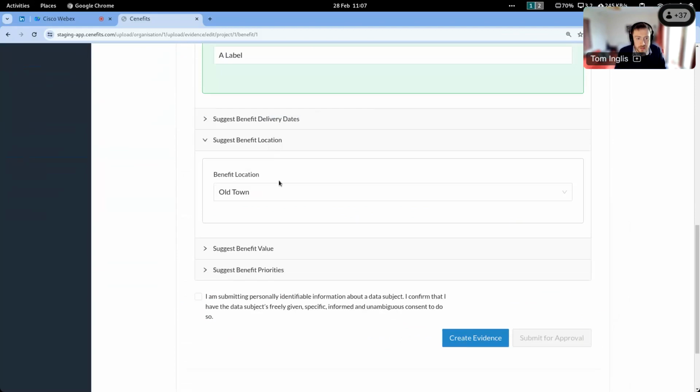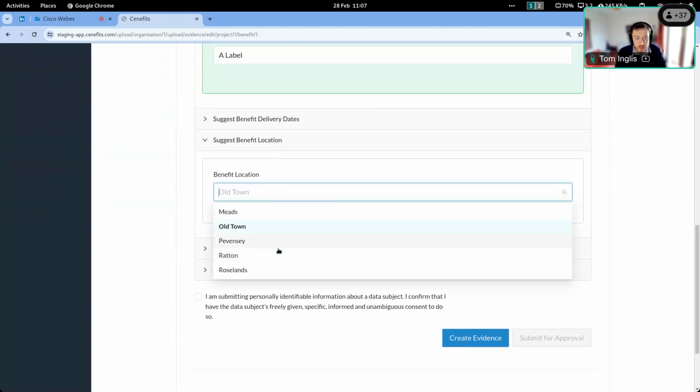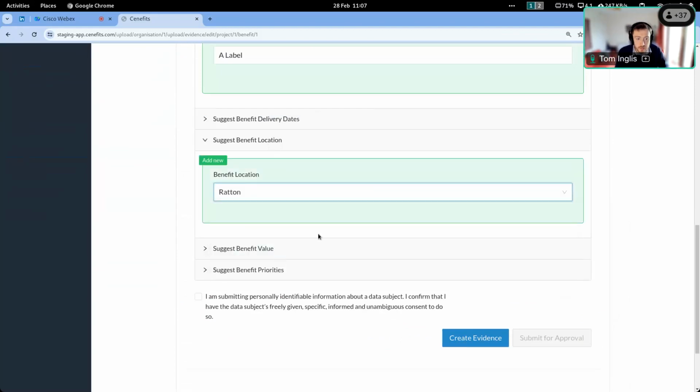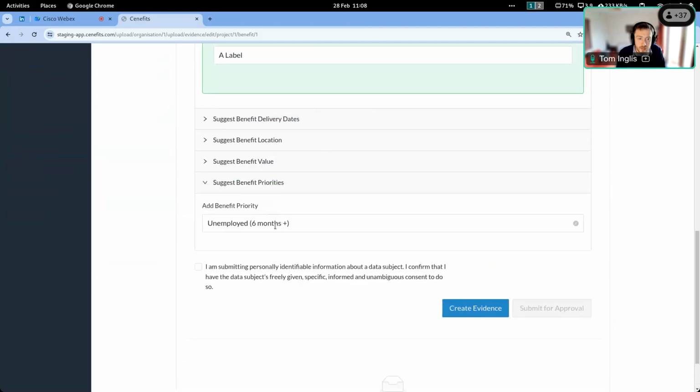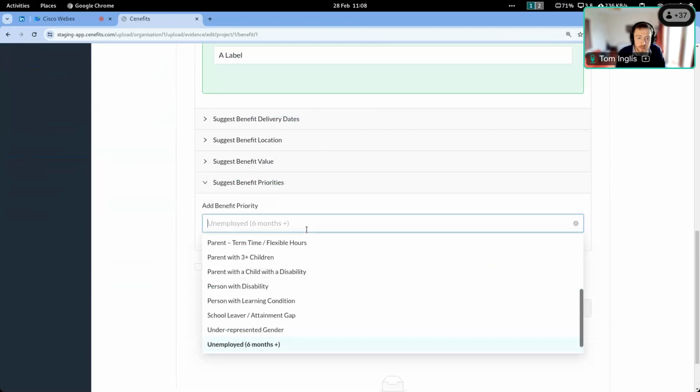You've got the location, so perhaps originally you were delivering it in one location, and then perhaps you realize actually it's going to be delivered somewhere else. So again, perhaps that's something that you might want to suggest. I don't know if you're capturing value, but if you are, then as I said earlier, perhaps in the course of doing something you realize how much it's actually worth once you do it. So perhaps you can suggest a value then,